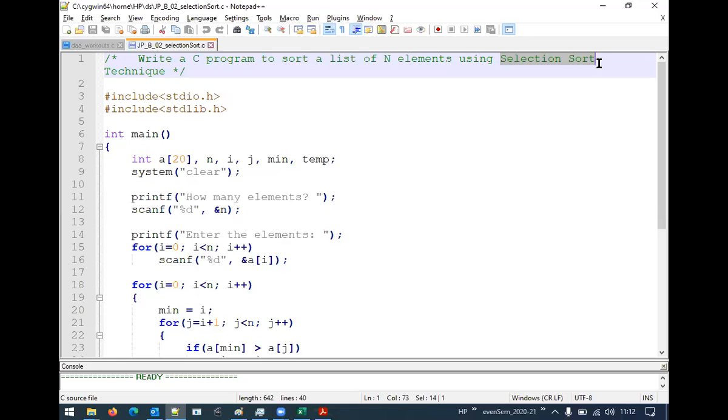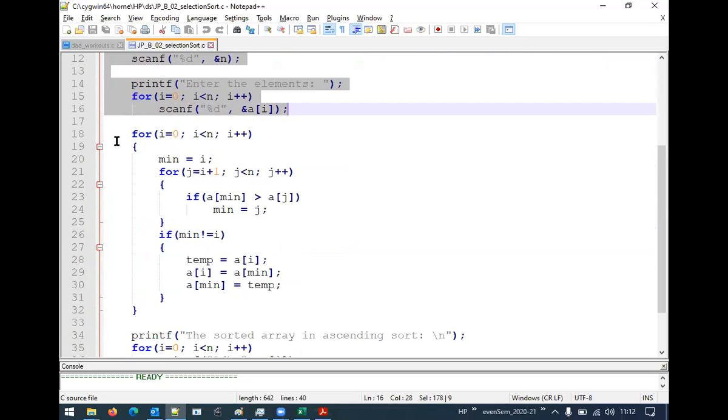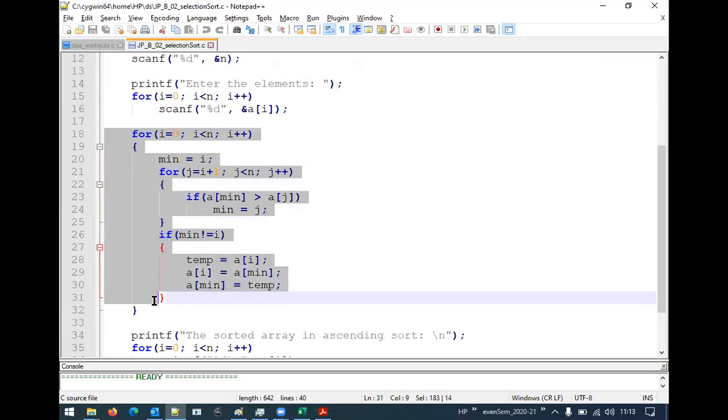Now, the first part of the code is pretty simple. You need not worry about that, wherein we are declaring the variables and reading those variables. I assume that these lines are understood by you. Does anybody require me to explain those things statement by statement? Do you want me to explain those highlighted lines? No. Let us focus upon these lines of code, which will help us in sorting the elements.